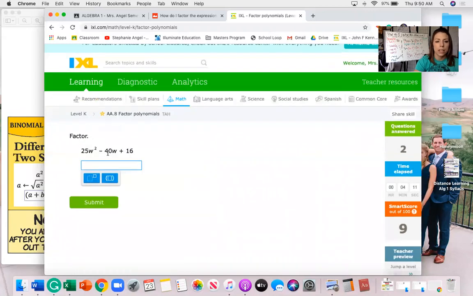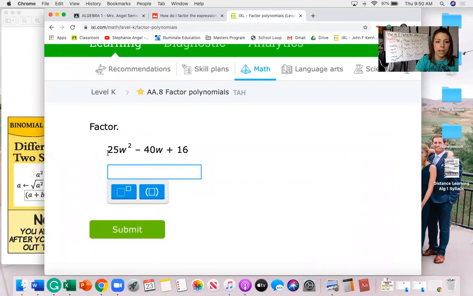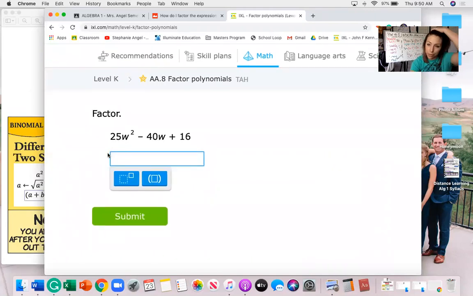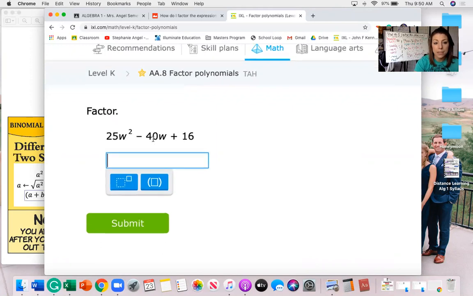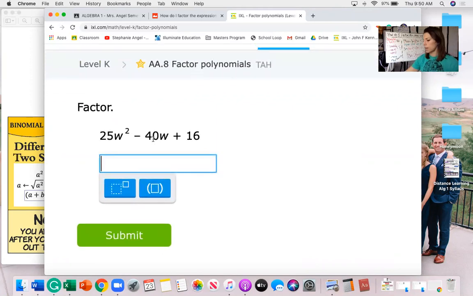All right, here we go. So now this is a different example. And again, I didn't do the second example because it has 4 terms. So that's just another factor by grouping one. All right, this one is very different. So I'm going to go ahead and write this one down. Go ahead and write it down as well,